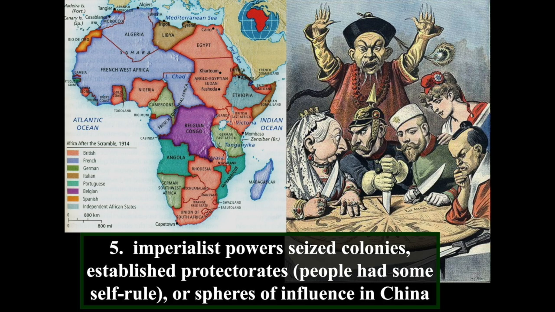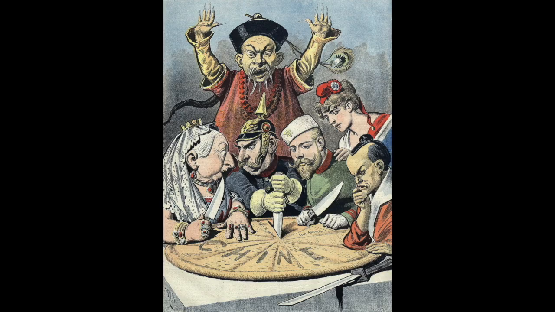Now, imperialist powers in Europe, but also in Asia, such as Japan, are going to seize their colonies and establish protectorates or spheres of influence. So, again, with white man's burden and social Darwinism, we're going to see old fashioned racism. Here we see caricatures of countries, basically anthropomorphizing them. Here we see England. This is Germany, Russia, France, and Japan. These are the imperial powers of period 3.